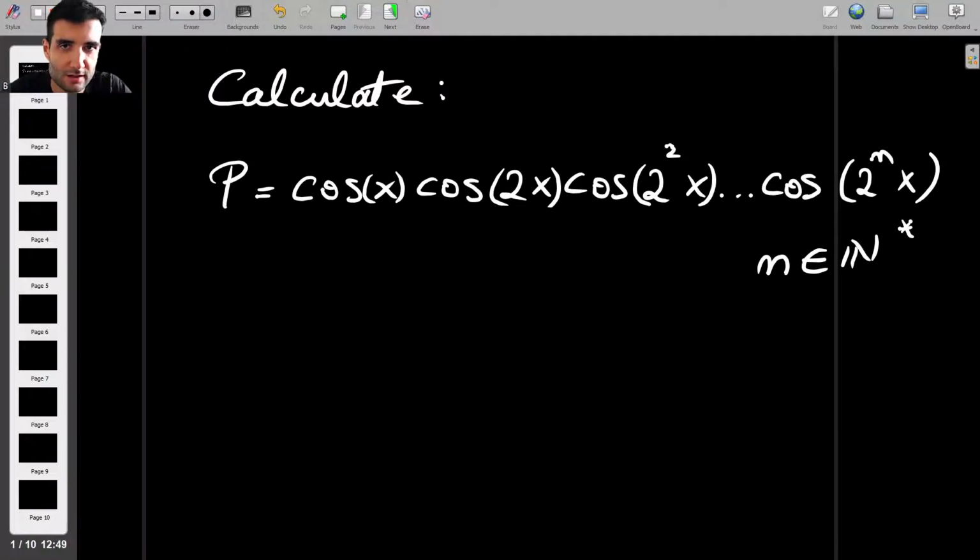Here's a very interesting trigonometric product that we're going to look at. And this might be something that you want to try if you're studying trigonometry, maybe as part of your IB program. So if you feel comfortable with trigonometry, if you think you know it well enough, then give this one